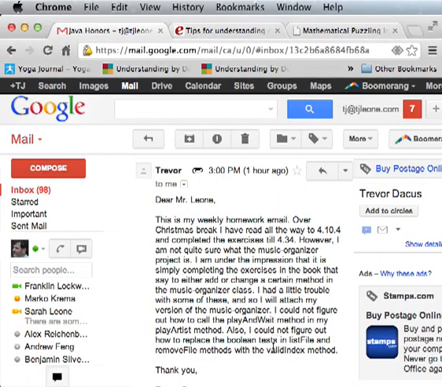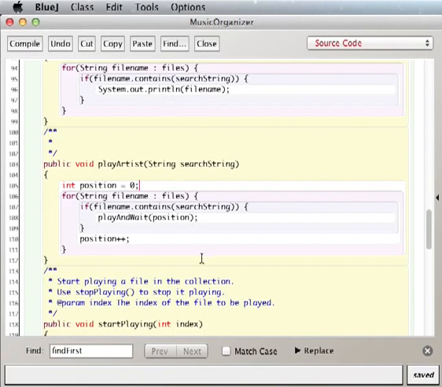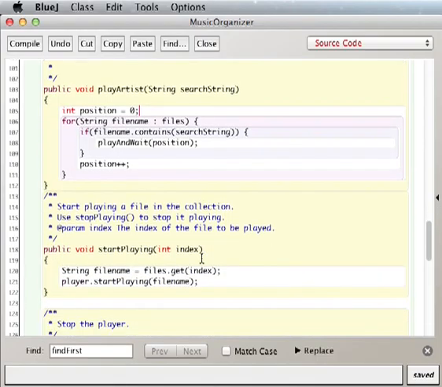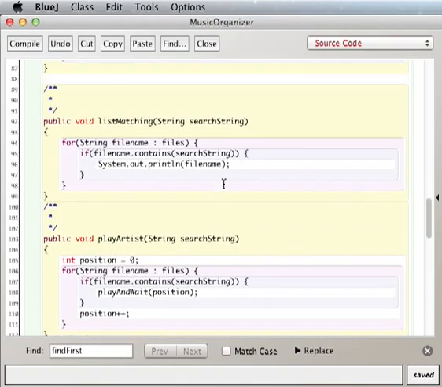Okay, Trevor, so the next problem that you mentioned was how to replace the Boolean test in list file and remove file with the valid index method. So let's take a look at that. Actually, you kind of have an example of it right here. So here you're using the valid index method. And it might help, actually, if I showed you